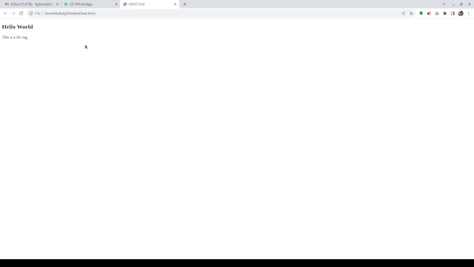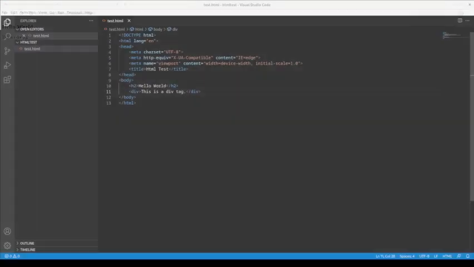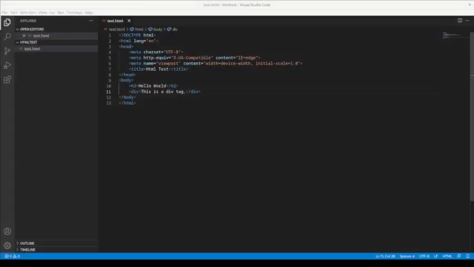This is the browser body, and at the top you can see there is a text HTML test, which is the title of the document. If we go back to VS Code, this is the actual HTML file, and